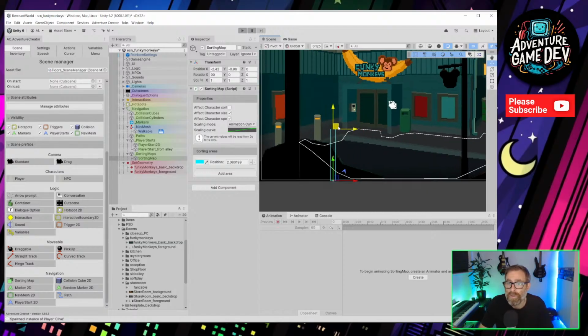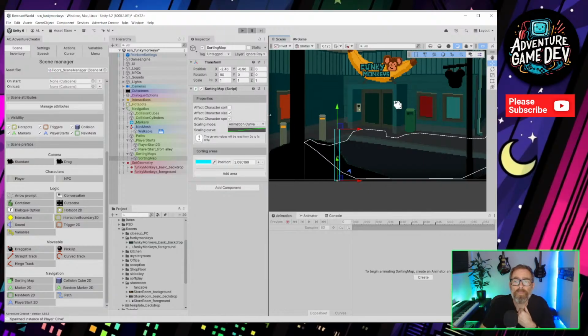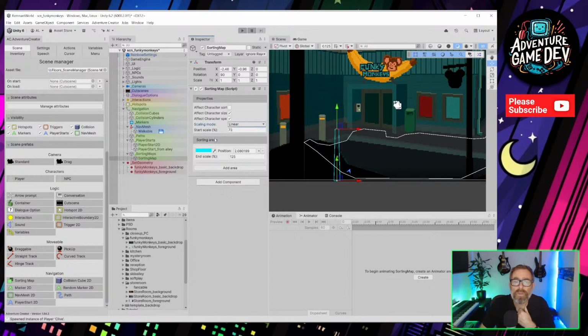We can actually tweak that in play mode. It could be set up as a curve, but we just do it as linear, so it's a start scale and an end scale. And you can see the little thing here makes sure you get smaller up the top. We're just going to have to play around with that.